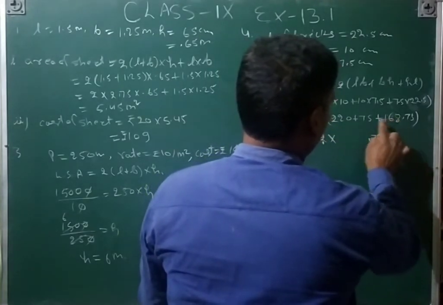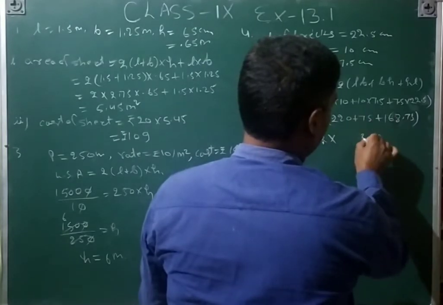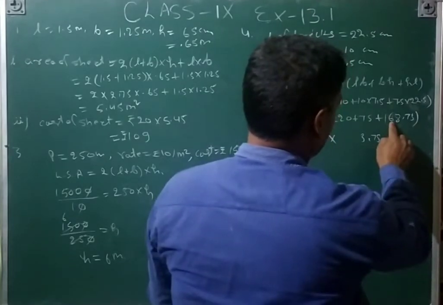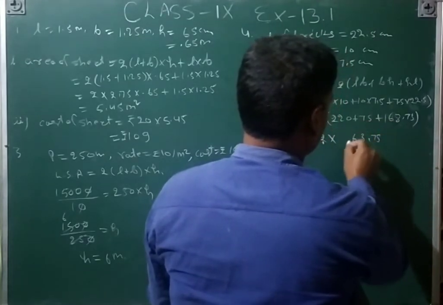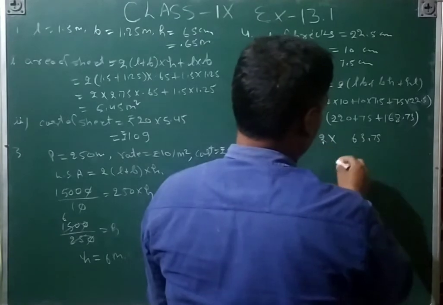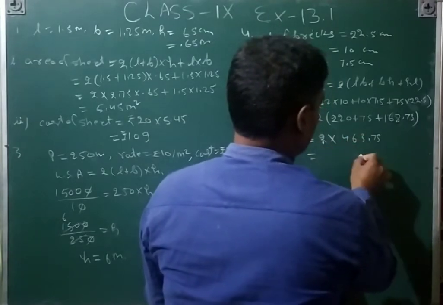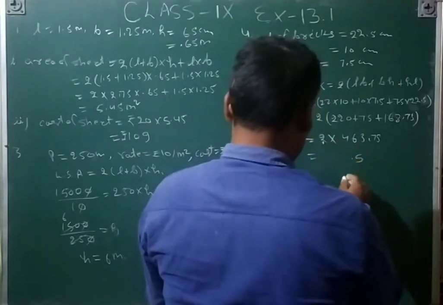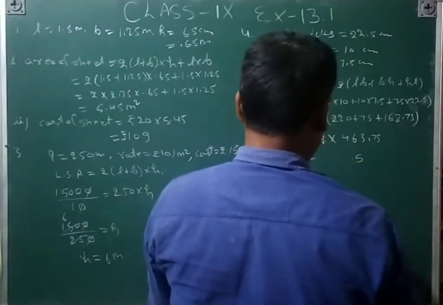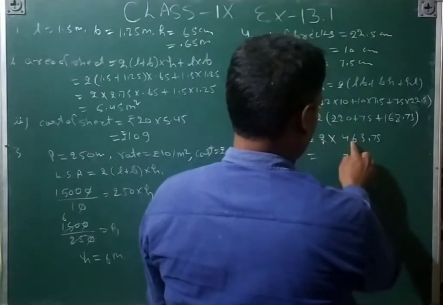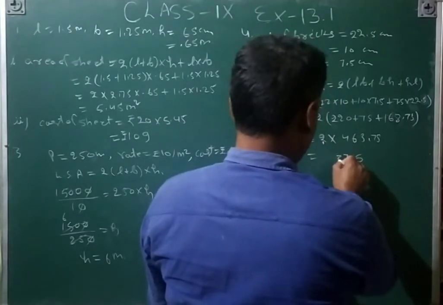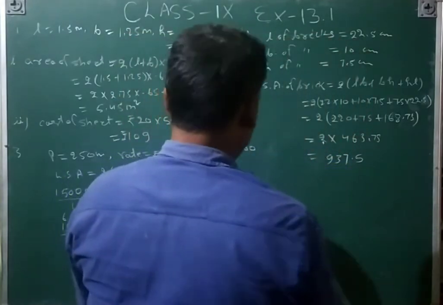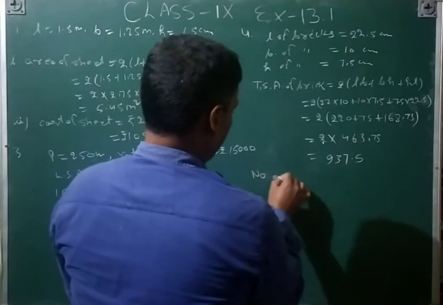Similarly 8, 5, 13, carry 1, 6, 1, 7, 7 twos are 14, 15, 16, and then carry 1, that will be 4. So 7 twos are 14, plus 1 is 15, decimal; 3 sixes are 6, plus 1 is 7; 6 twos are 12, plus 1 is 13; 4 twos are 8, plus 1 is 9. Okay, that will become. Now number of bricks, number of bricks